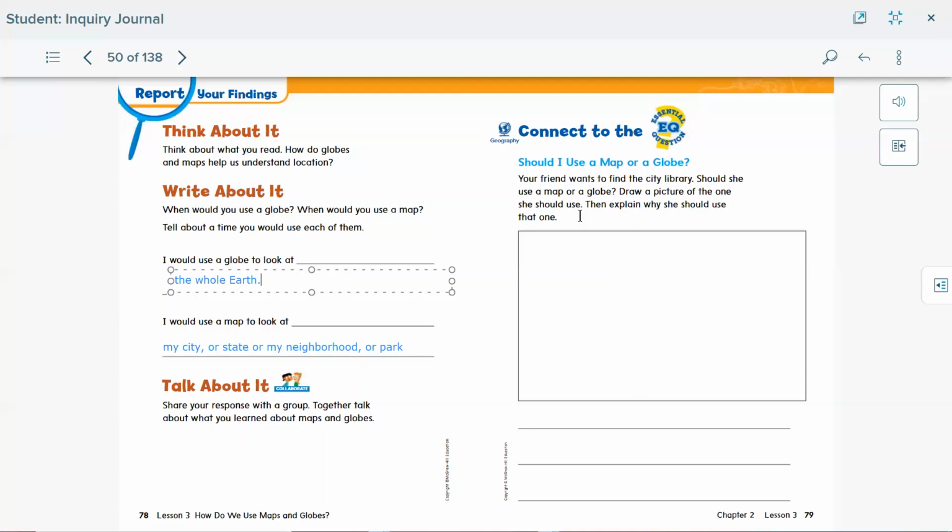So we're going to write down here that you need to use a map to find places in a city. And you can draw, if you know the location of the library that is nearby. So you can say if it's a nearby supermarket, you're going to put the supermarket, then on the right or the left or beside or across the street, it will be the library, or if it's next to a park or next to a school. Okay, have fun and enjoy that drawing. So that will be in this box. And over here, we're going to write,